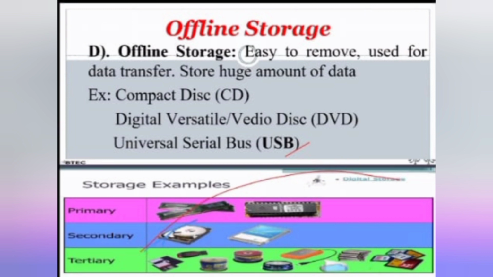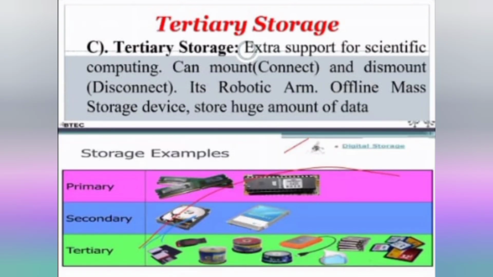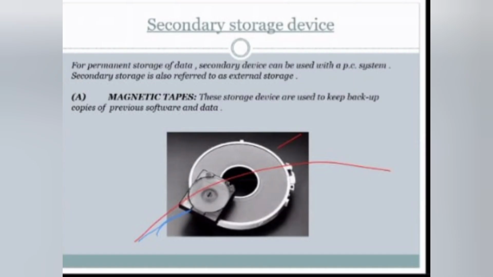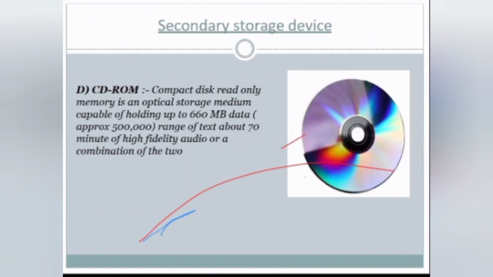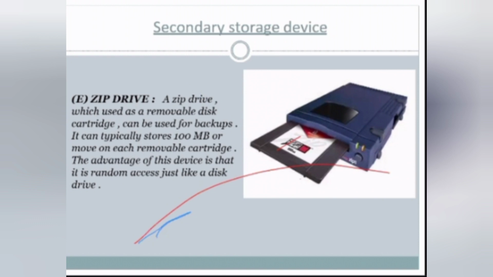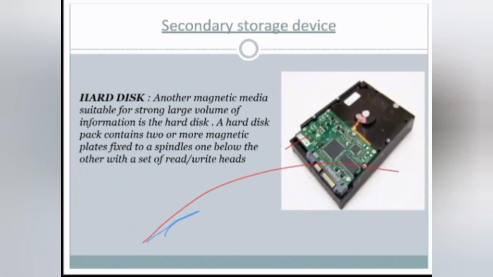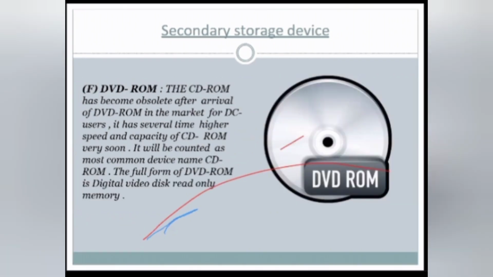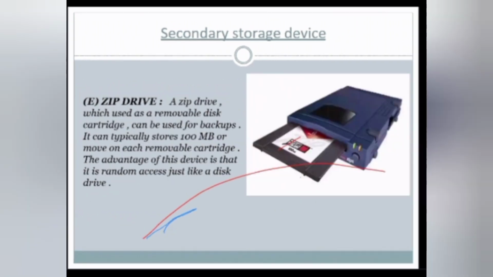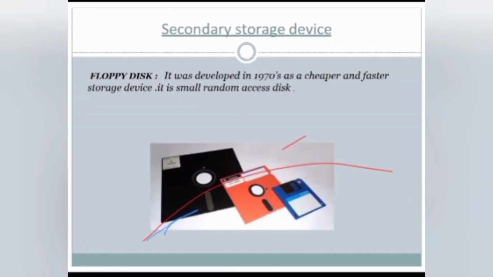Next we have the offline storage devices, like CDs, DVDs, etc. There are temporary storage devices and secondary storage devices as shown in the images, so you can go through that. We have CD-ROM drives and hardware, and many secondary storage devices like DVD-ROM. We also have zip file drives, etc. You can see colorful floppy disks, right? So these are all about the characteristics and history of the computer.